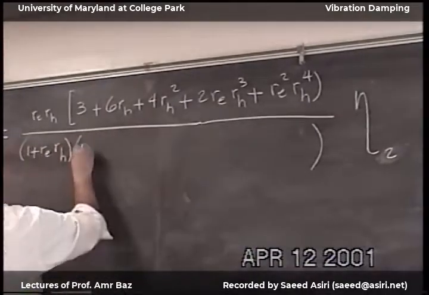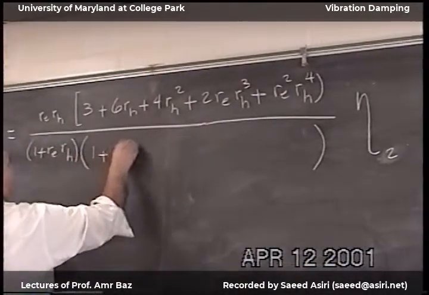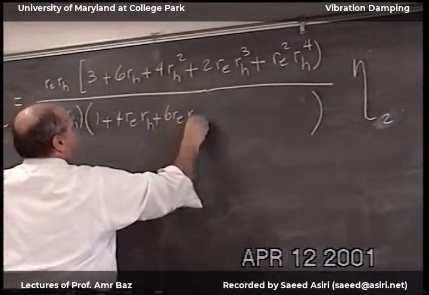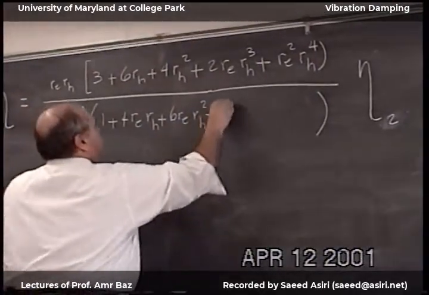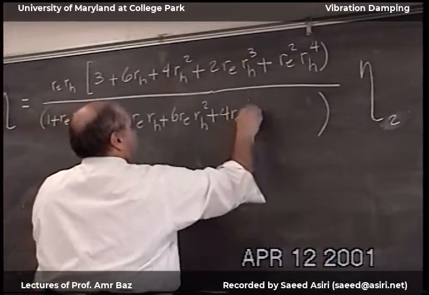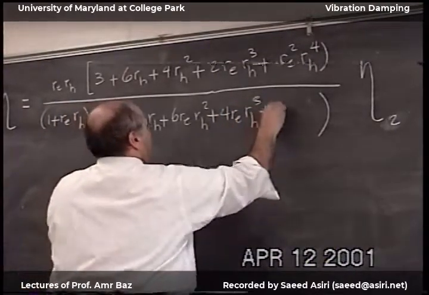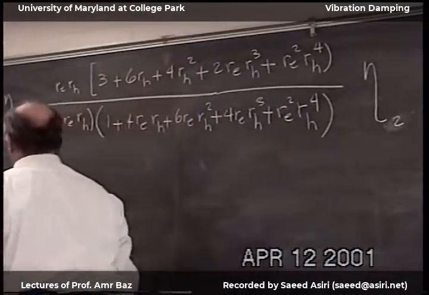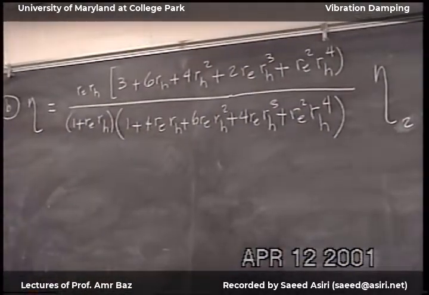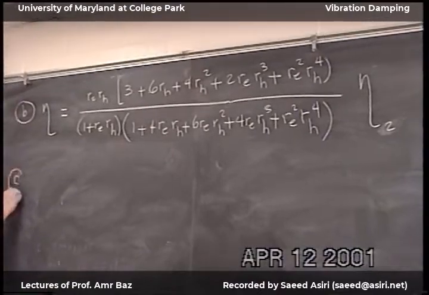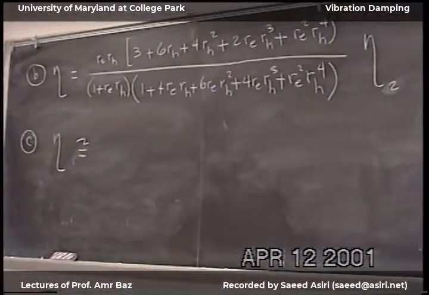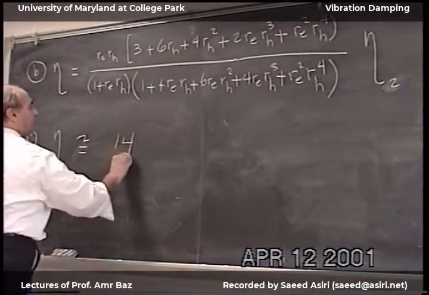Then the denominator will be 1. The last thing that we want you to show, number C, eta, instead of this miserable expression, we can approximate it by